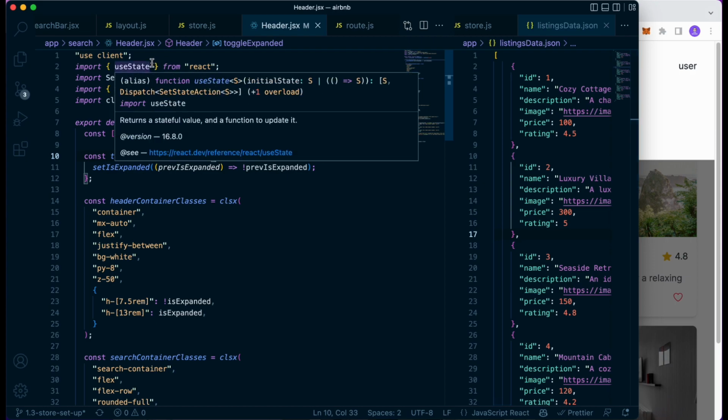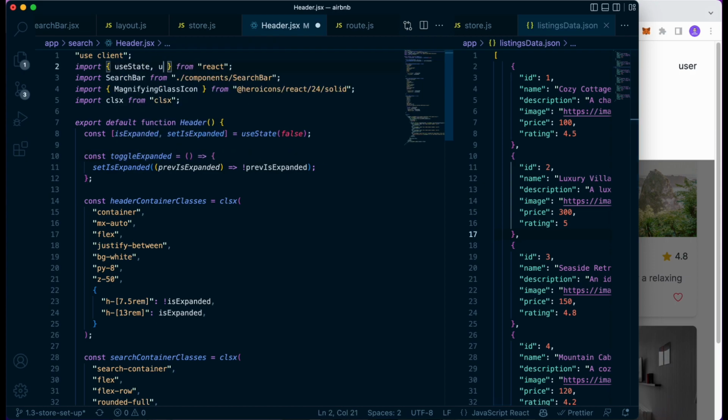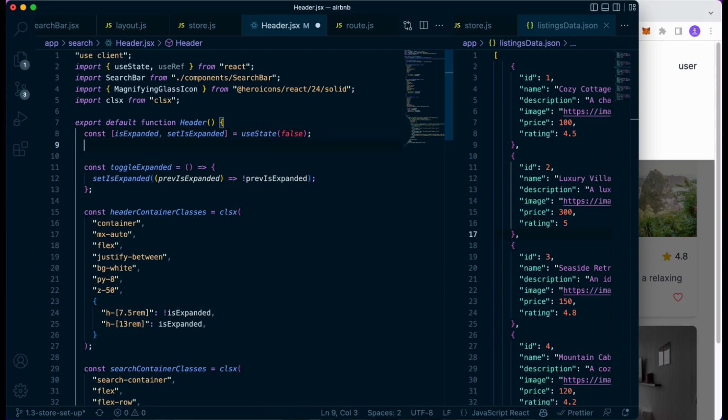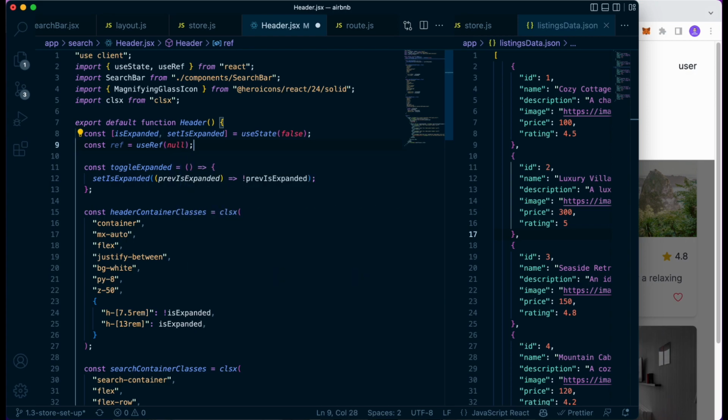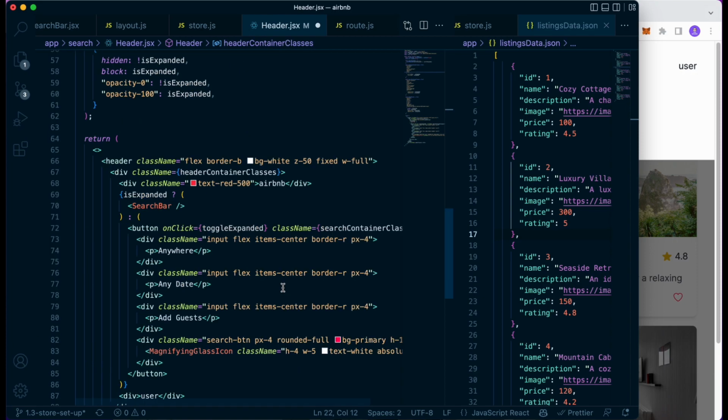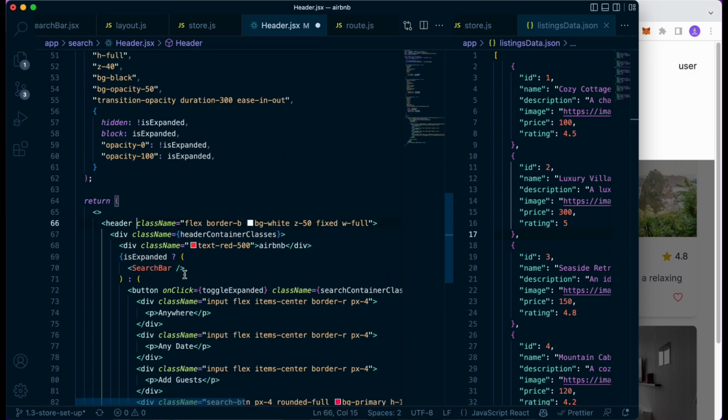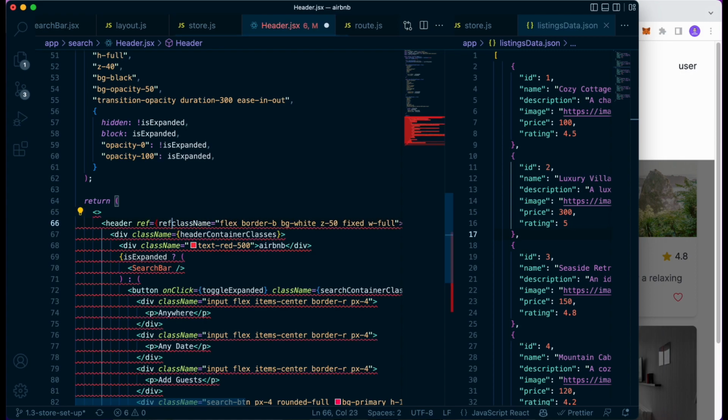And to indicate on which element we want it to focus on, we have to create a reference, so that would be useRef. And below where we define our states, we can create a new reference: const ref equals useRef. By default this is null, but then we go down to our element and pass the ref. So that would happen to the header, because it's our target element, so ref